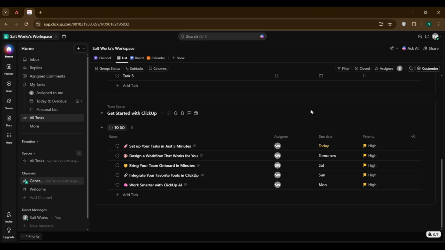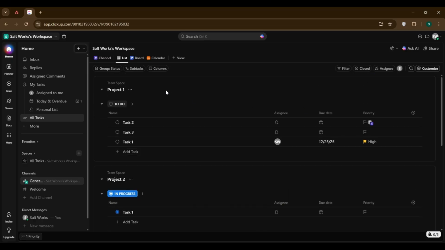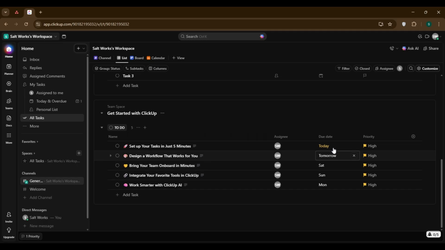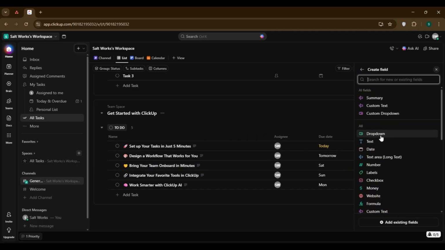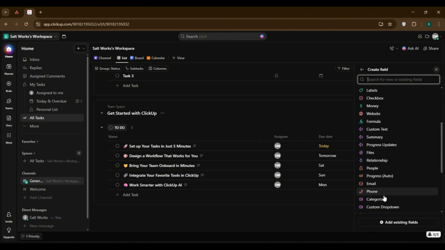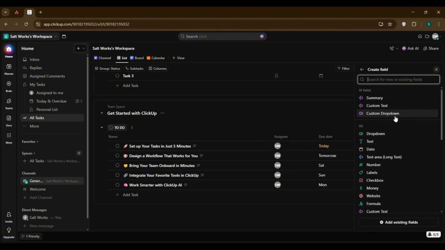For content planning, create a list for your content calendar. Add fields like content type dropdown for blog, video, social, target keyword text field, word count number field, and publish status dropdown for draft, editing,